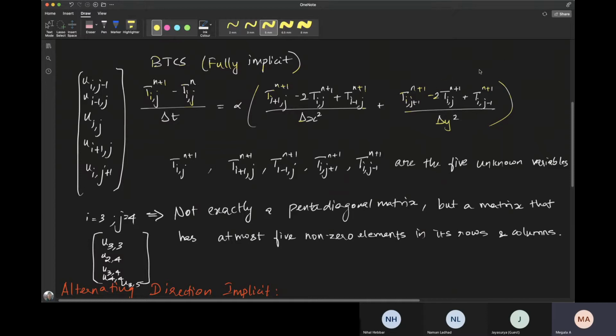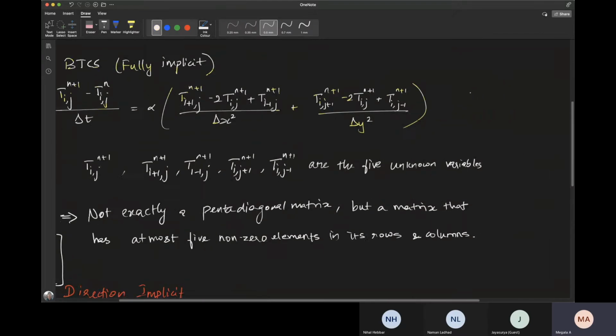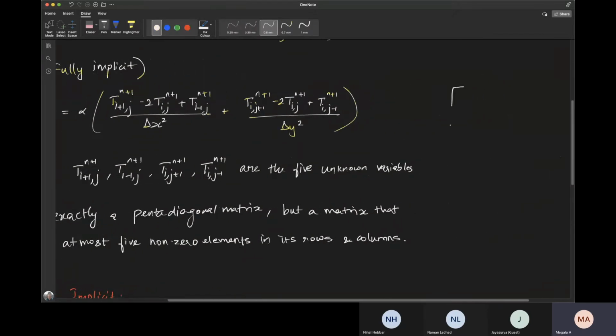So we'll be taking this to the right hand side. So only the variables in this expression will be unknowns. So now you can get a tridiagonal matrix when you do this, like in 1D. So you can get a tridiagonal matrix on one side, whereas the others, you'll be able to write this system like you know